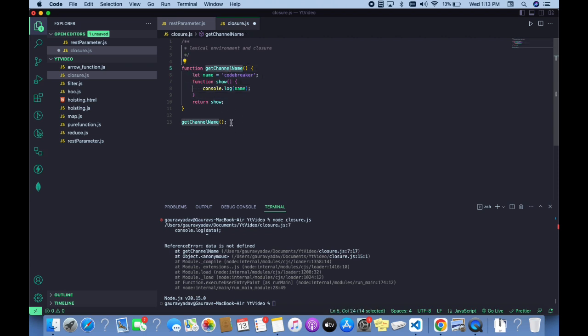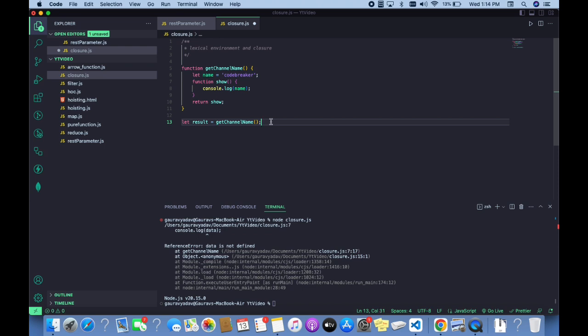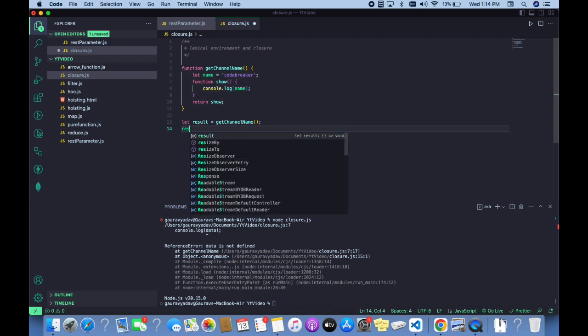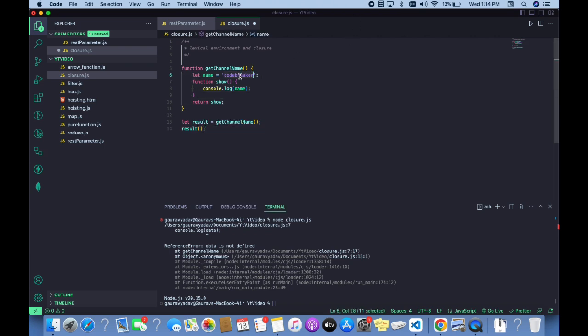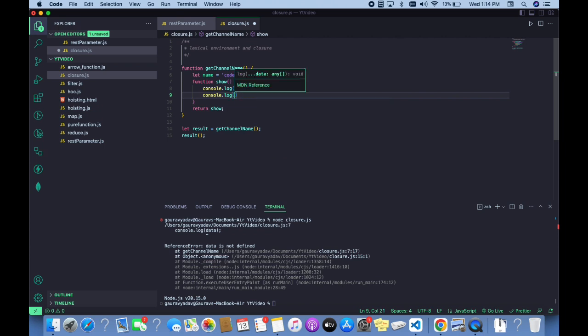And when we try to access this value, in order to get the data of this function, you can call this method a function closure by putting the return value for the show method. So suppose let result, and try to access this method, it will return the whole lexical environment of this method while calling it. So if you print, and here you can change the name, console.log, accessing function closure, and you will be seeing